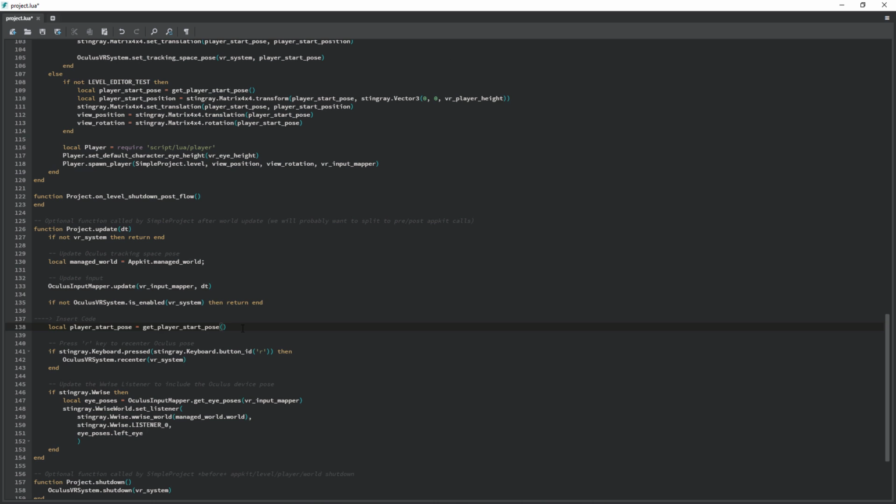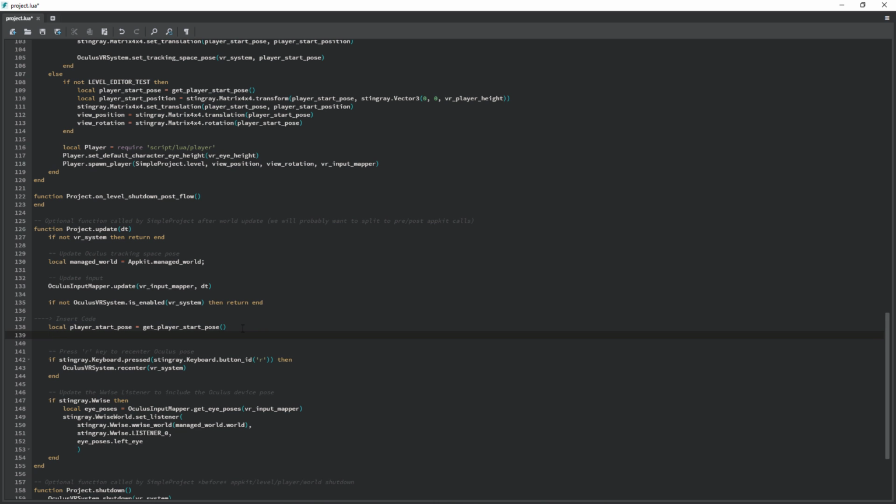All right, again, this is also explained in the previous tutorial video, Lua Tips and Tricks Episode 2. So check out that video if you want more details on how this is working here, how this is put together. That's why I'm not going into too much detail on what's going on here. All right, so our last line, Oculus VR